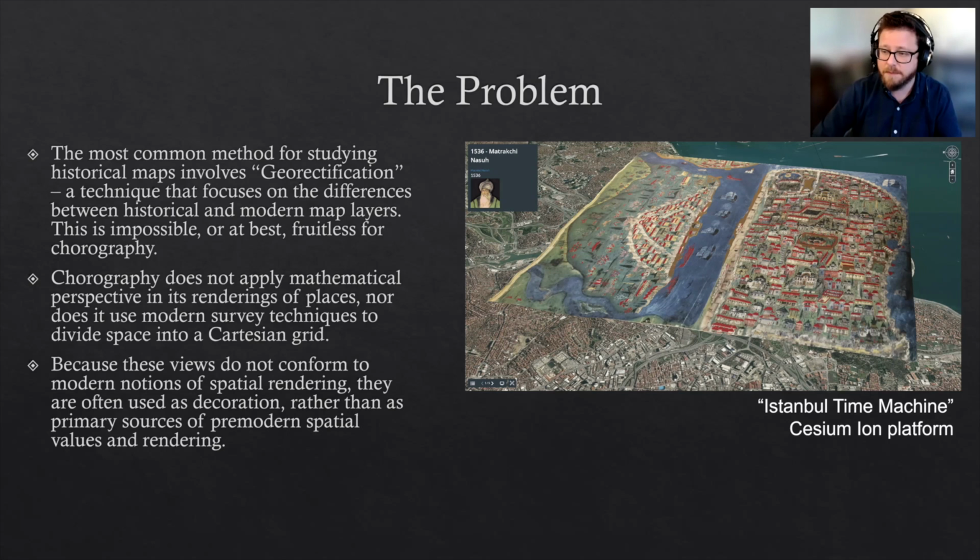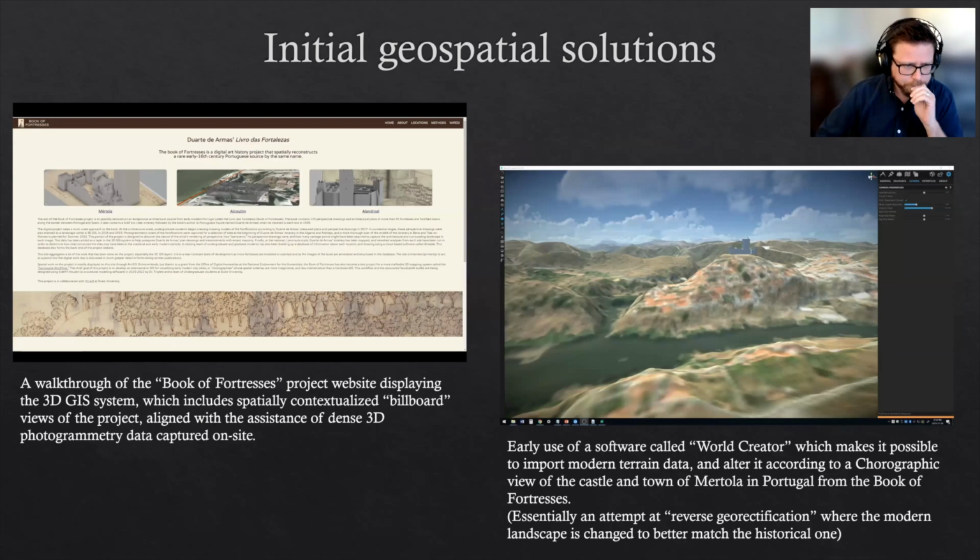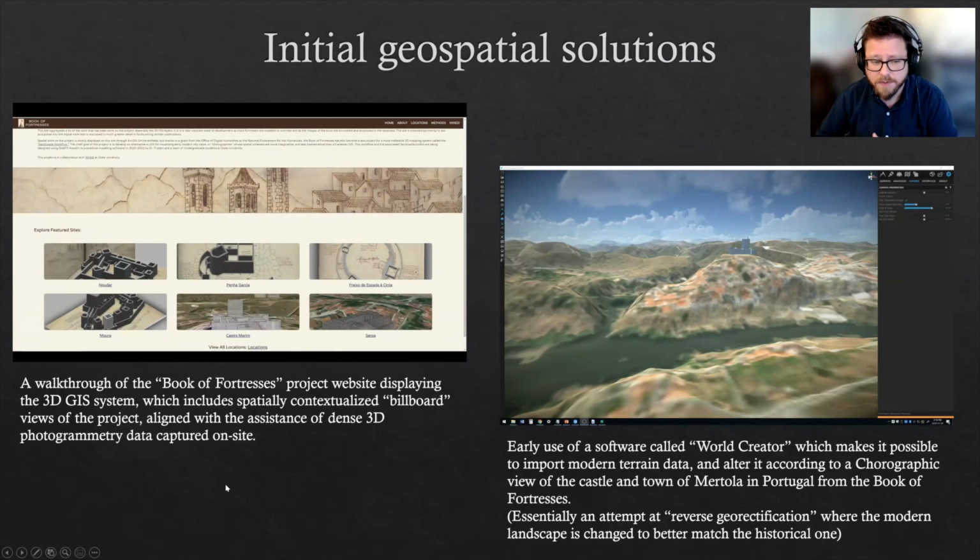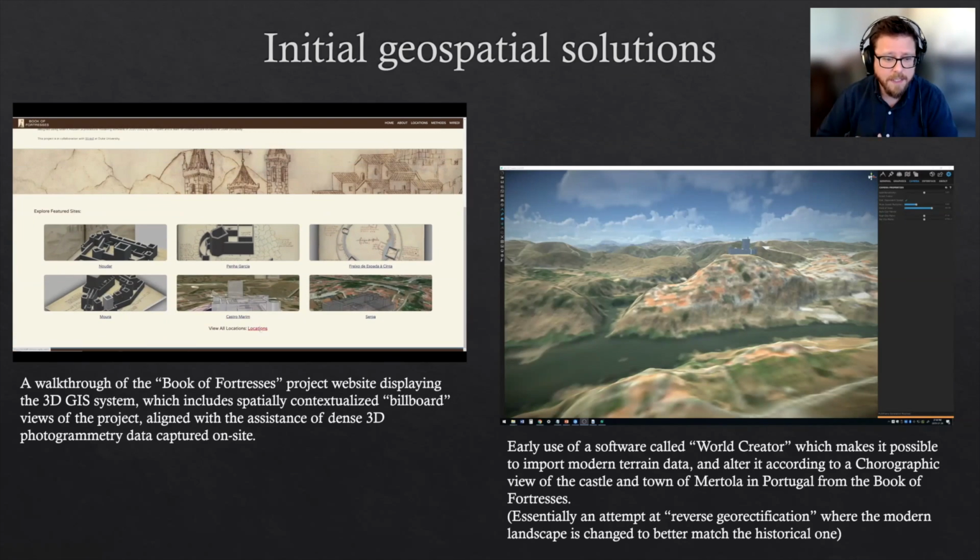I mean, these are the kinds of images that people put on the cover of their book and then never really engage with as spatial objects. So our initial geospatial solutions that we've tried, here's an example, just a walkthrough of the Book of Fortresses website, our project website, where